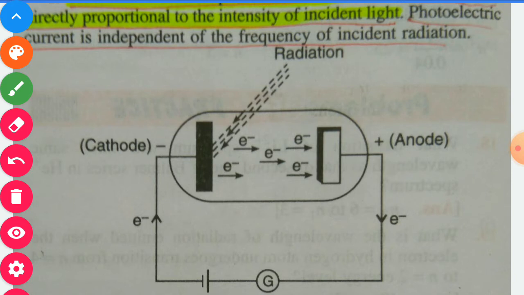So due to incidence of light on the metallic plate, if ejection of electrons takes place as well as the electron also achieves kinetic energy, then it is referred to as the photoelectric effect. So in short, we may say that the process in which, due to the incidence of light or a particular radiation containing suitable frequency or wavelength, electrons are ejected and also move, so that electricity is produced, is known as the photoelectric effect.